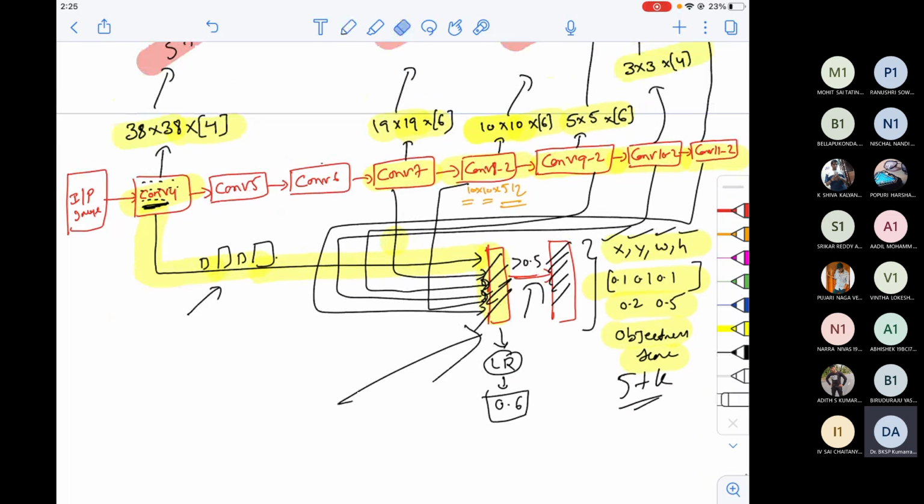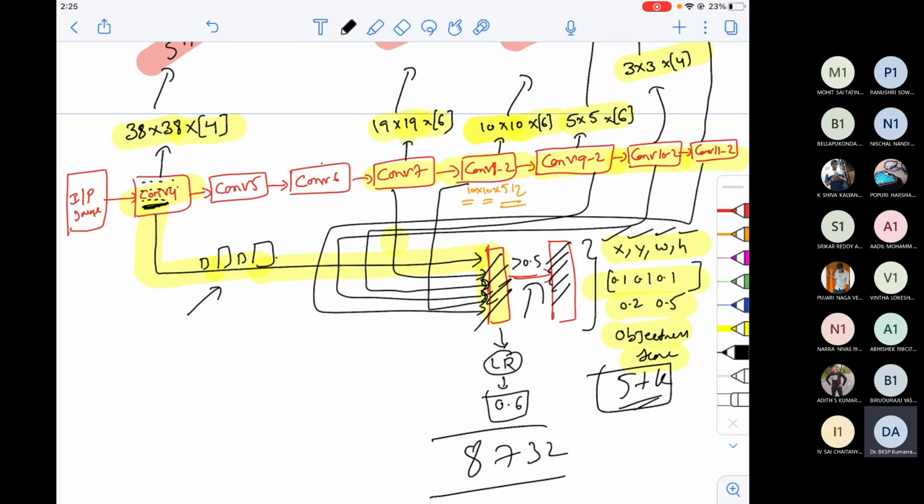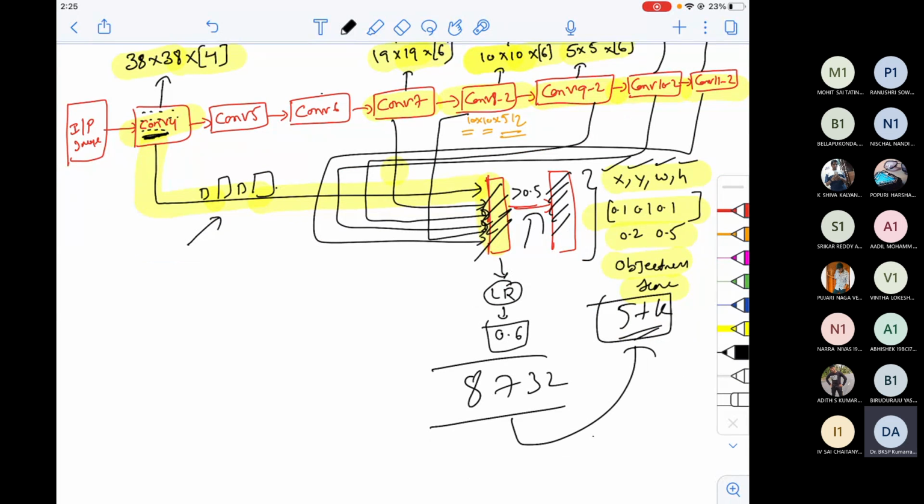How many boxes do you get here? For how many boxes do I have to calculate the objectness score? 8732. But all of them will not pass to the last layer and ask the system to predict 5 plus k values. Only the boxes which are greater than some threshold, you'll ask the last layer to predict the 5 plus k values. What are the 5 plus k values? The classification name, the object name in terms of softmax distribution, and the objectness score to give the percentage around the bounding box, and x, y, w, z to draw the adjusted bounding box in comparison with the proposed box.